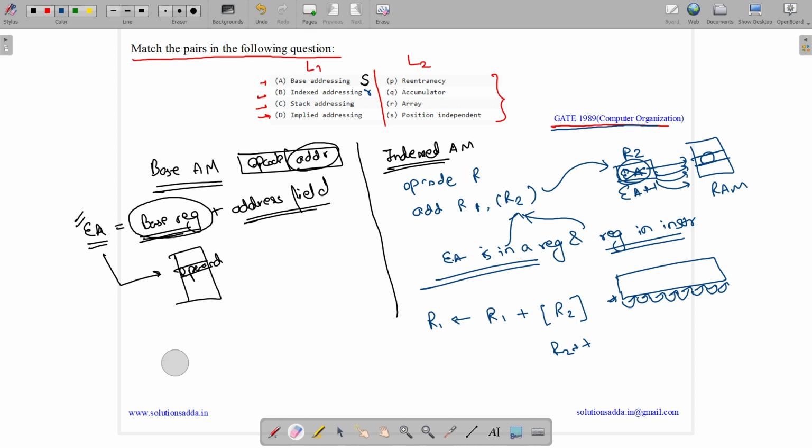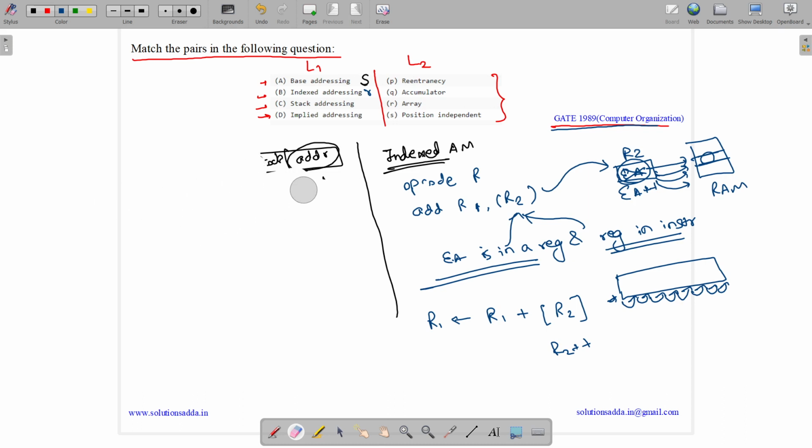Now, let us see the third addressing mode, which is stack addressing mode. In stack addressing mode, we will just have the operation that we need to perform. Let us suppose we just have the add operation.